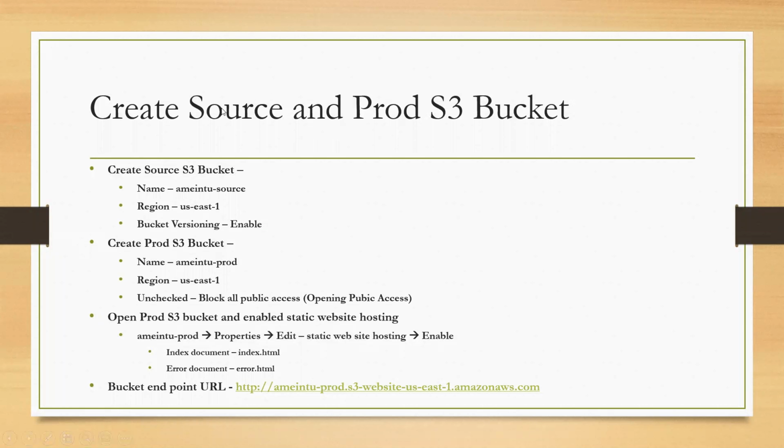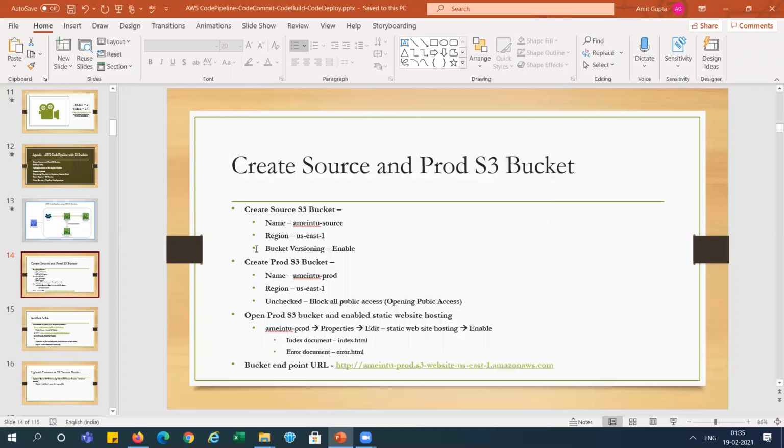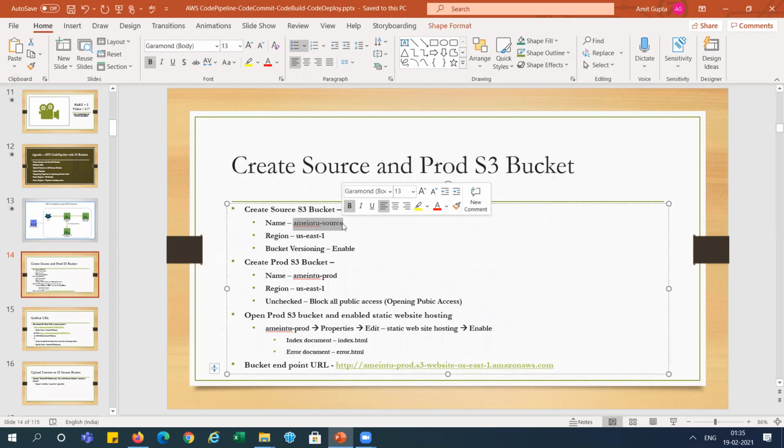Now what we need to do first is create some buckets, the source and production S3 buckets. So let's go and start this POC, and I will write down all those steps here so it is easy to understand. I have noted down the step-by-step process over here, so it will help you to do this POC. For convenience, I am taking the same names, so it will be easy for you to understand, right? As I told you, I am using the US East 1 region.